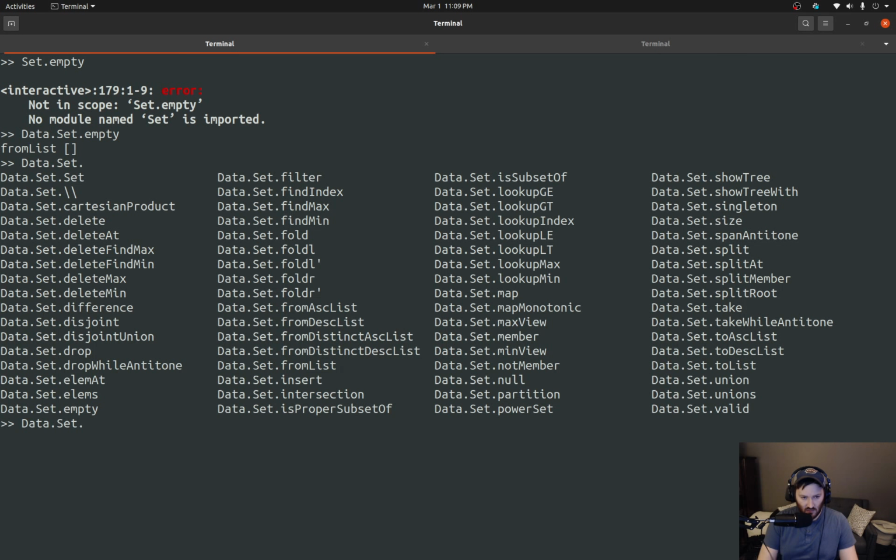What else is there? Elems. Let's look at the type of that. Okay, so elements, I'm guessing that is, you pass a set to elems and you get a list of the elements. So if we pass an empty set to elems,